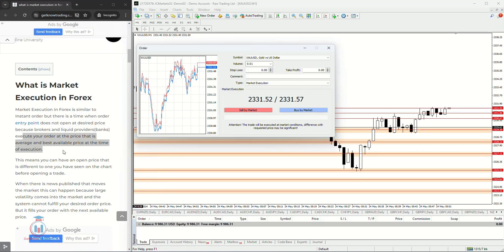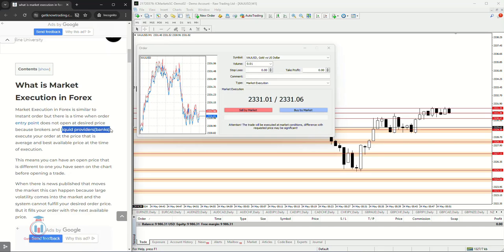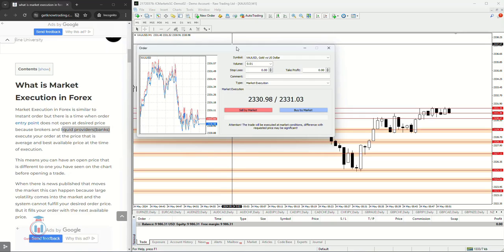The market execution is a way how to open the order, but that can be slightly different from the market price. The broker always tries to open your order at the price that you have requested, but sometimes because of issues and also the liquidity providers, because also our broker, in this case this one, which is IC Markets, sends a request to the interbank market, which is where the banks are located, sends a request that we have sent to the broker,